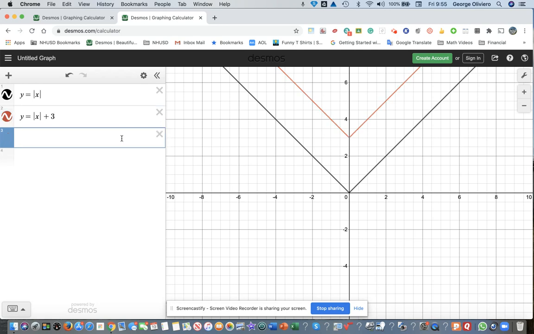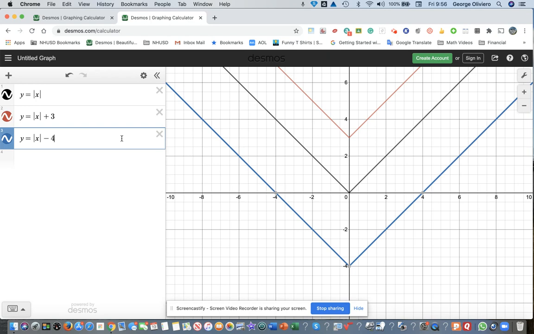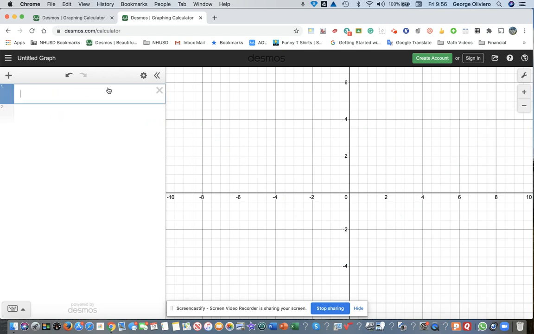So I'm going to go to y equals absolute value of x, absolute value symbol. This time I'm going to move it down. I'm going to move the original, the parent. That's the first one on the screen. It looks blue on my screen, so I'll put -4. There it is. There they are, transformations. These are the vertical transformations. All right? And I had said I was going to do one more, but let's do a fourth transformation of